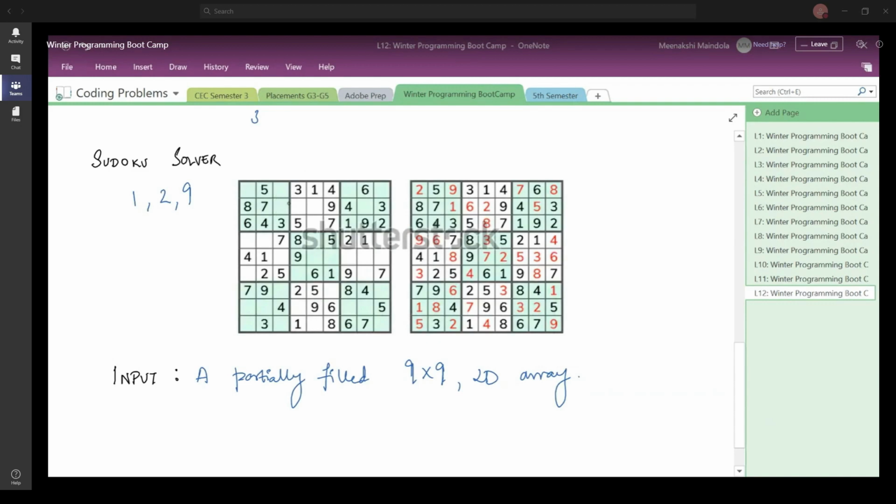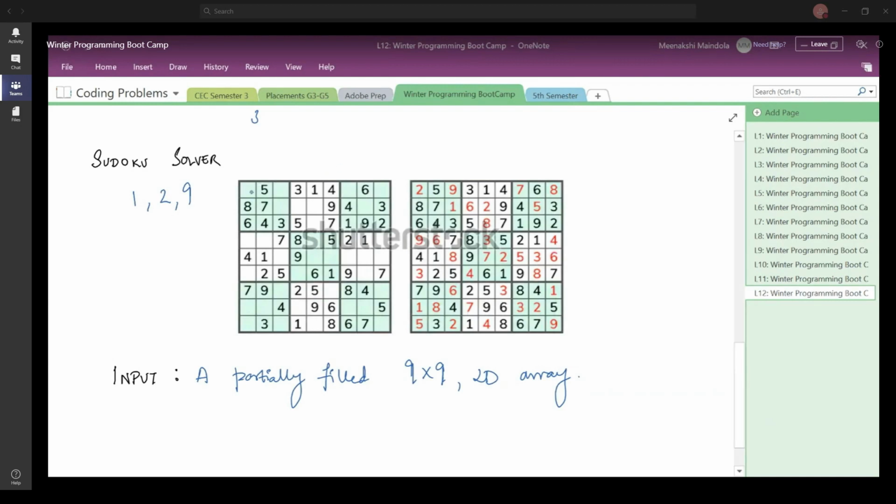Okay, so what do you do here? You say, okay, I'm going to try with the first element. So let us say you want to place 1 here. Can you place 1 here? No, you cannot. Whatever I'm going to explain right now is also going to be the approach of solving this Sudoku and how you are going to implement it. So listen to it very carefully. Like we normally solve a Sudoku, in a similar way, we want to solve this particular problem using recursion.